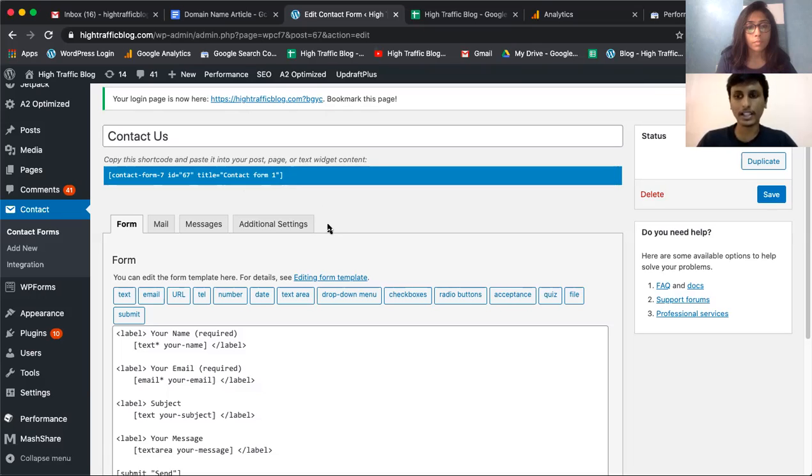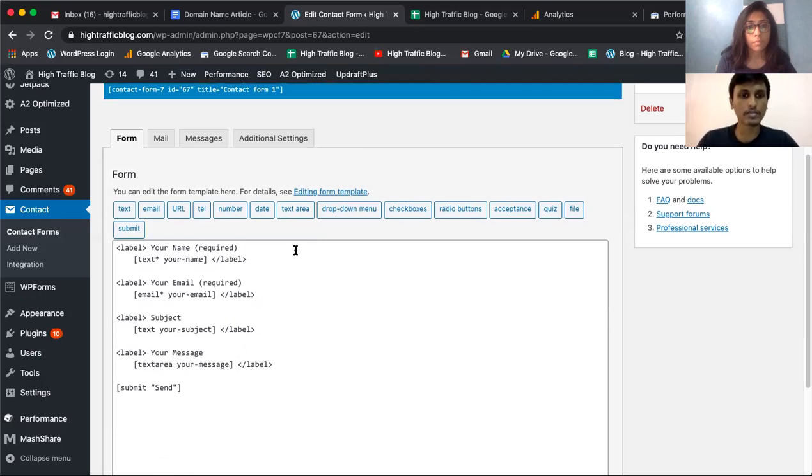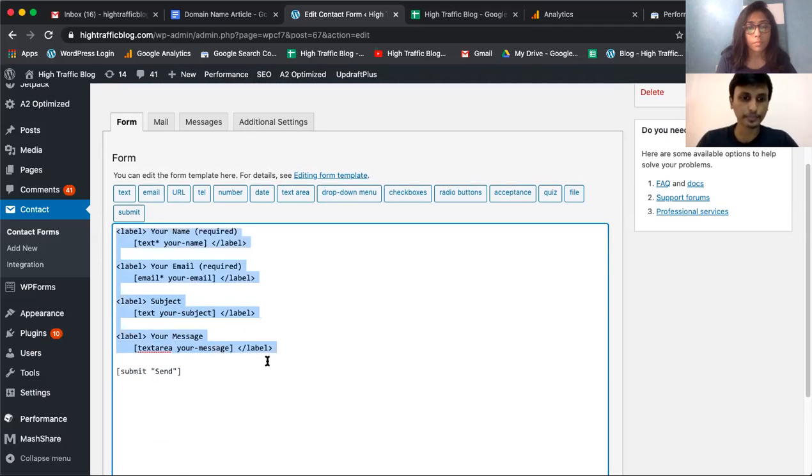But if you're installing plugins like Elementor or any other page builders for that matter, you will see the front end editor. So what we'll do is, by default there are 4 fields here, and there's also a send button here. So the label is your text on top of the field itself. It says your name and it says it's required. And this square bracket thing is the field itself. So right now we have your name, your email ID, subject, your message. This is good to go. Let's see how it looks first, and then maybe we'll come back and add a new field and then see how it works.